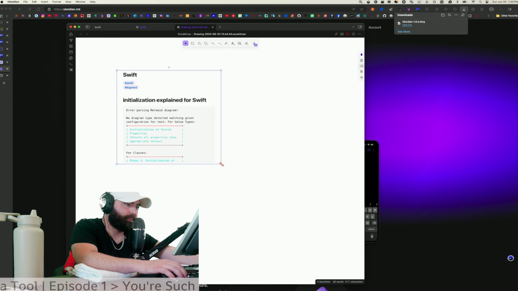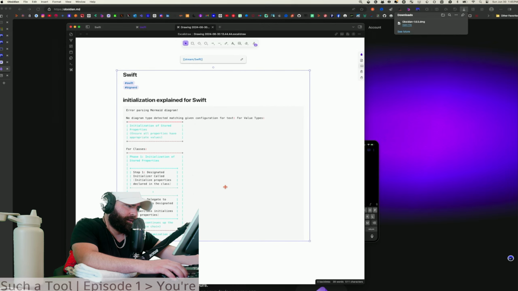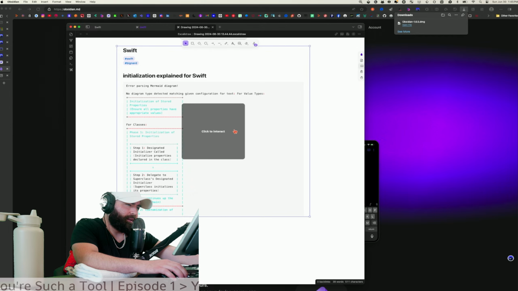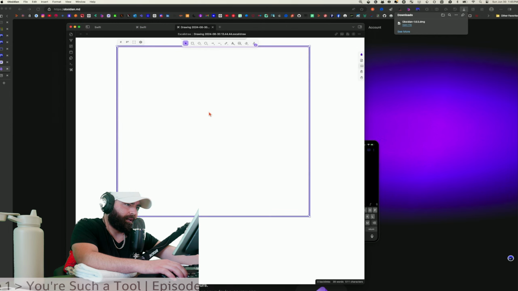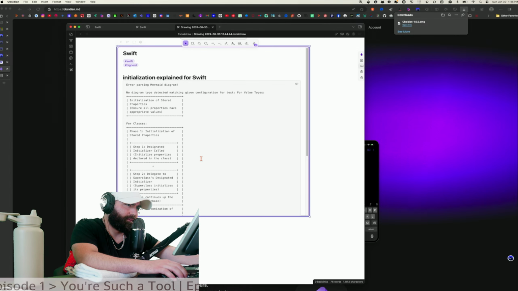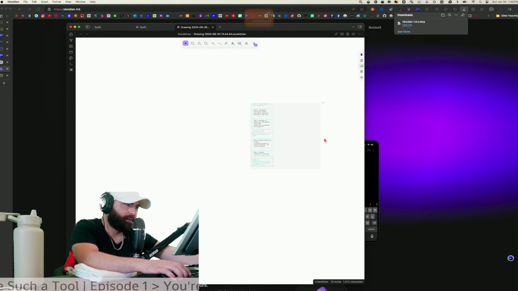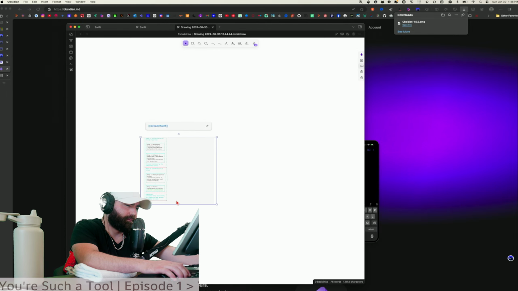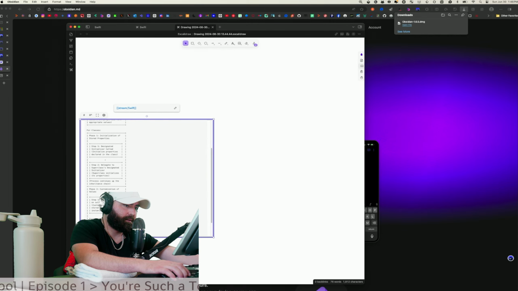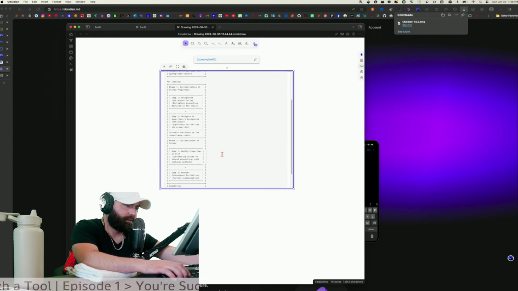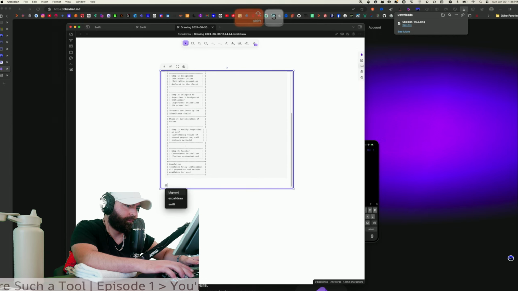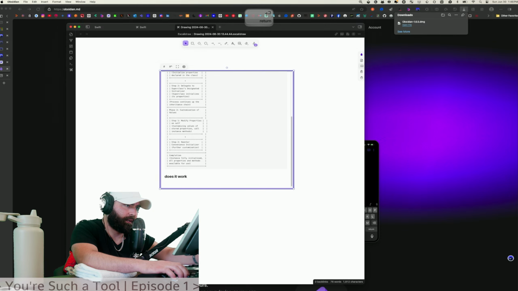I really love this feature. This is awesome. Being able to get in here, click to interact, and now I can edit this markdown file. Can I? Yeah, okay. So now I can edit this markdown file inside of my board, which is pretty powerful. So if I get back up in here, scroll down, and zoom in a little bit, does it work? And it does.